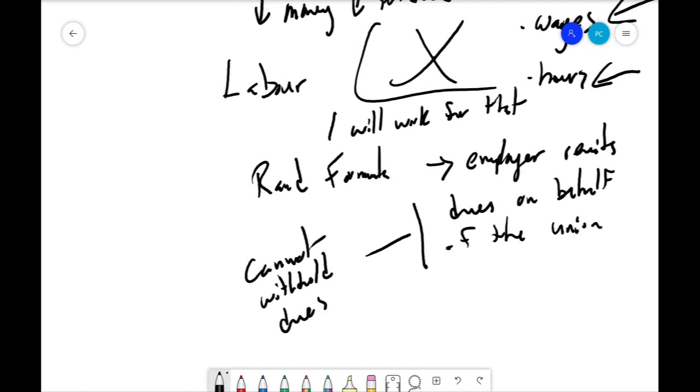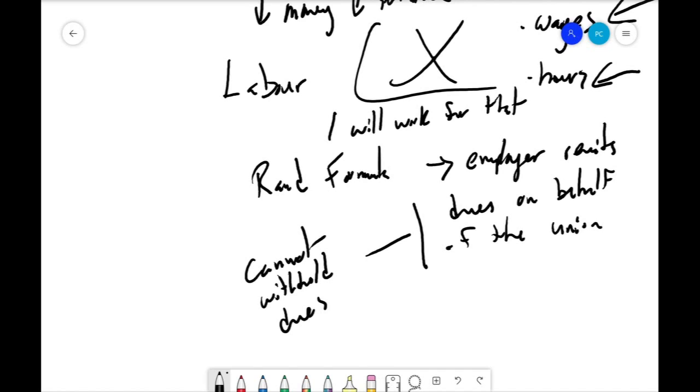It's done immediately, and what that does is it prevents union busting techniques that try to convince people that, hey, you deserve that money that you're paying to the union. People are much more likely to go along with it because they think, yeah, if I had an extra $50 every time I got paid, I could do this or that. In the long run, probably not the best idea, because the union takes care of a lot of things for them, including higher wages and maintaining hours. So it's just a way to protect against union busting.